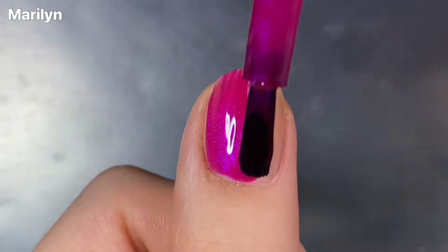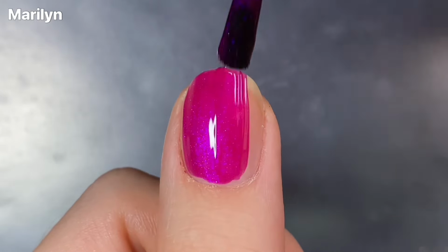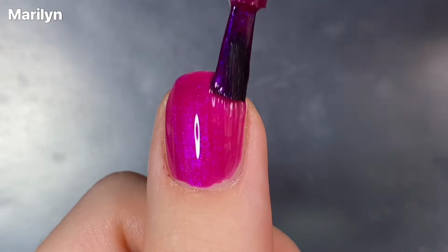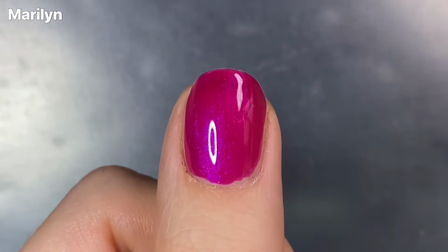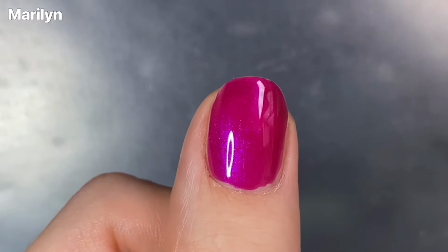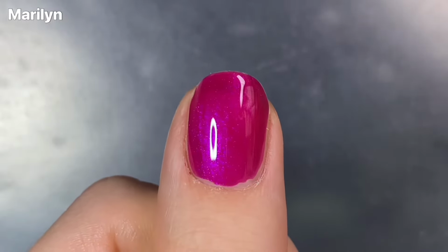This one is simply described as a super hot shimmery magenta lacquer, and it is so gorgeous, even if it is very simple in its finish. This one also had an incredible formula, probably one of the best ones, at least of the shimmery shades from this collection,